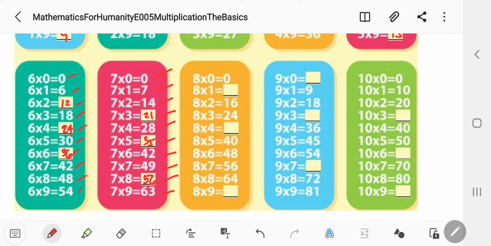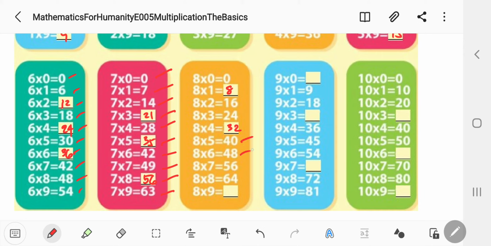Then we have for the 8, we have 8 times 0 would be 0, 8 times 1 would be 8. You're counting by 8 here, so 8 times 2 would be 16 because 8 plus 8 would be 16, and then 8 times 3 would be 24 because 16 plus 8 is 24. So you have, see, 8 times 4 would be 32, and then 8 times 5 would be 40,